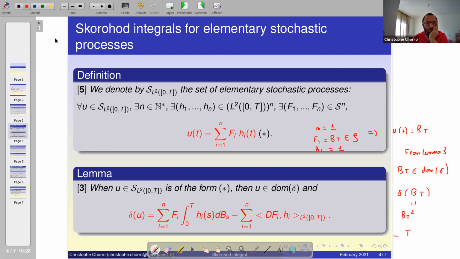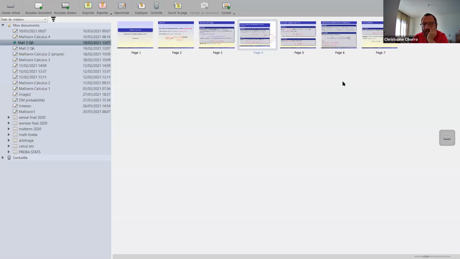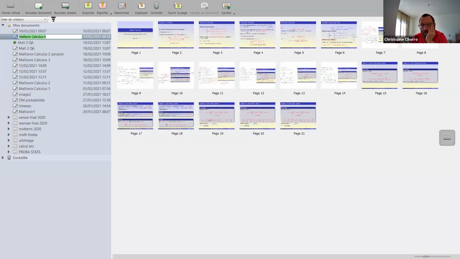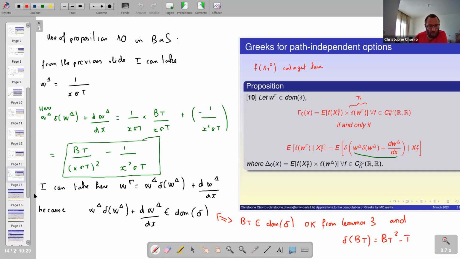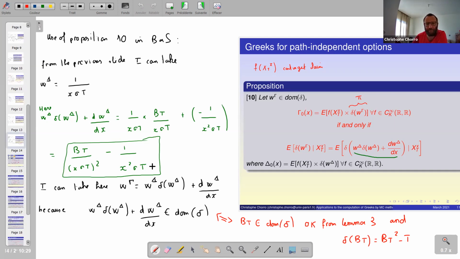So I come back to my course here, and I said that, okay, from lemma 3, and what is more, I have the value of delta of Bt that is equal to Bt squared minus capital T. I have this one. So let's continue my computation, and at the end,